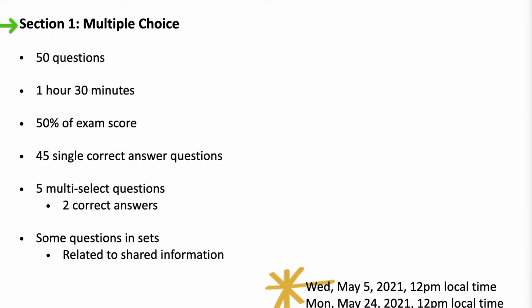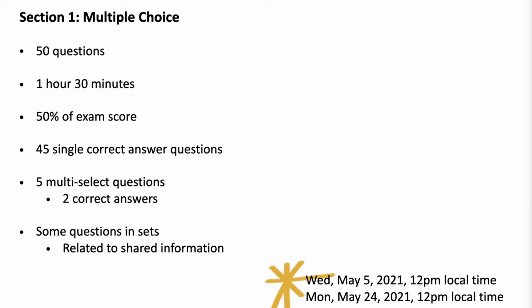So one way that you can take the test is as a paper and pencil test, which you would do in school. And that test is broken down into a couple of sections. The first section is a multiple choice section. So you'll have 50 questions to tackle in an hour and a half. So in terms of pacing, if we're curious about how much time do I have per question? Well, you do the math, you put this together, and you'll find that you have 1 minute and 48 seconds